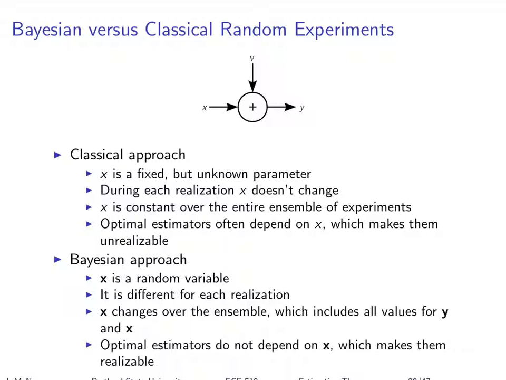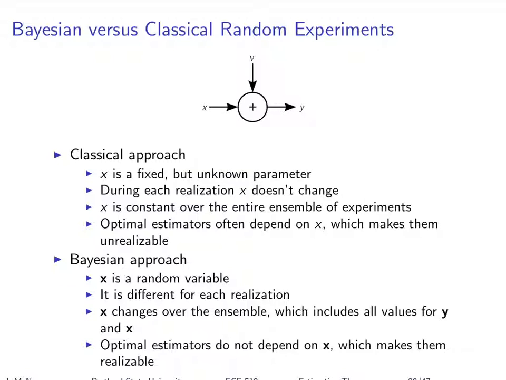And one of the things that often happens in this classical framework, I can't explain why this happens concisely, is you end up with an optimal estimator depending on the thing you're trying to estimate. And for those of you that took nonparametric estimation a year ago, you saw an example of that: estimating a confidence interval for an autocorrelation function ended up depending on what the real autocorrelation was. And so we had to finesse that and say, well, let's just look at the white noise case, and anything that's far enough away from white noise, we'll declare that as significant. So there was sort of a fudge there to make that work.